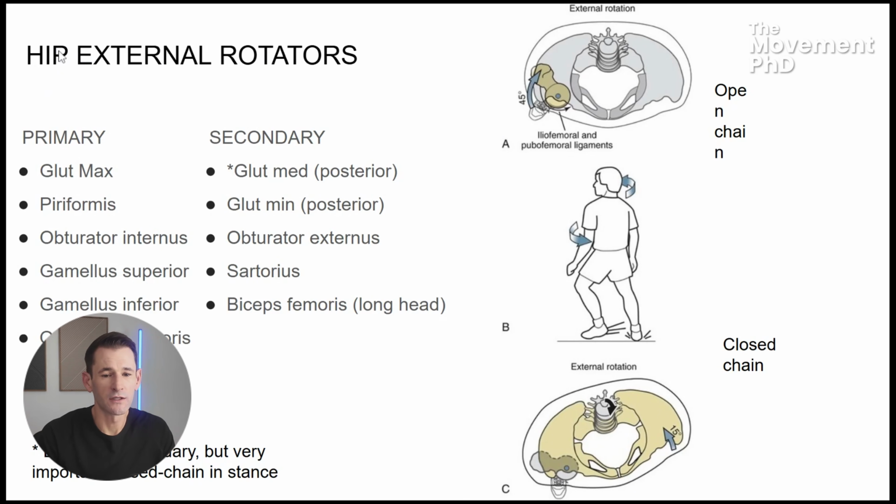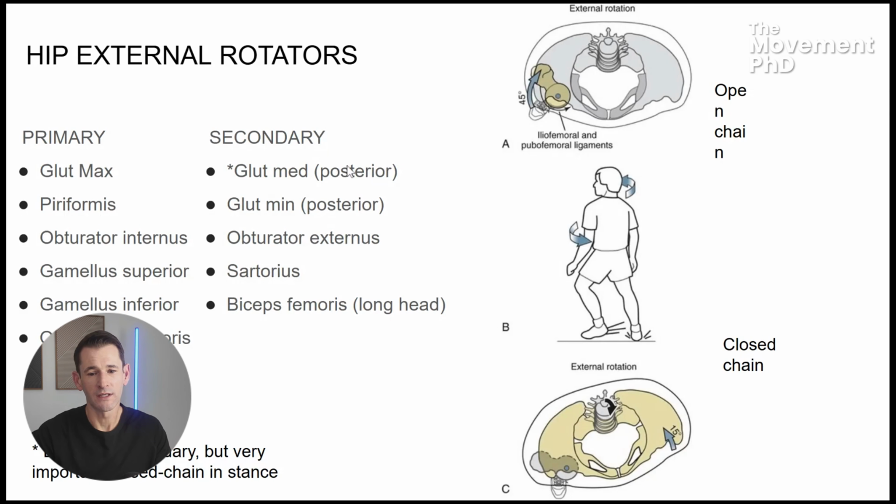So the primary muscles involved in hip external rotation: glute max, very large muscle, largest muscle in the body as far as cross-sectional area. Piriformis, perfect line of motion for external rotation. Then your obturator, gemelli, quadratus group, those are your intrinsic hip external rotators. Secondary, we have biceps femoris long head, sartorius again an external rotator, an abductor, obturator externus, posterior fibers of glute minimus, and glute med posterior fibers. I kind of hate that the glute med posterior fibers are listed as a secondary hip external